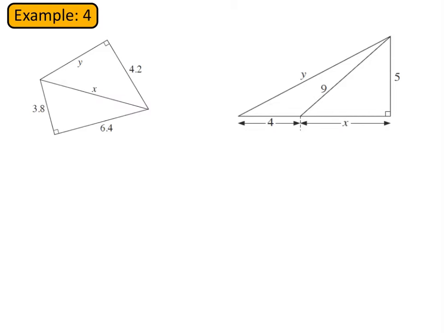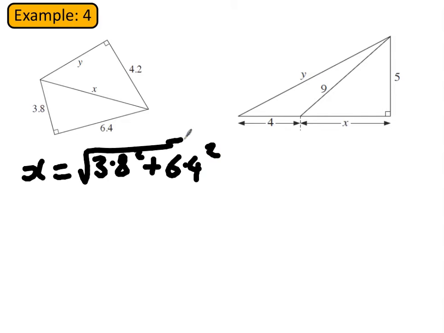Now, we better have a look at some more challenging examples. These two are particularly difficult. You have to break them down into little pieces and then try to build your answer up from there. So if we look at the left-hand example first, the first thing we need to determine is x, and we can determine x because x is the hypotenuse of a right-hand triangle with A and B being 3.8 and 6.4. So we can work out what that is by doing the following. The square root of 3.8 squared plus 6.4 squared. Now if we work out that, we get our x value to be